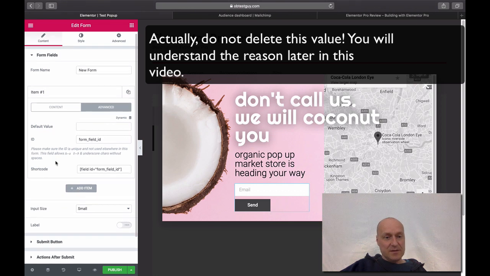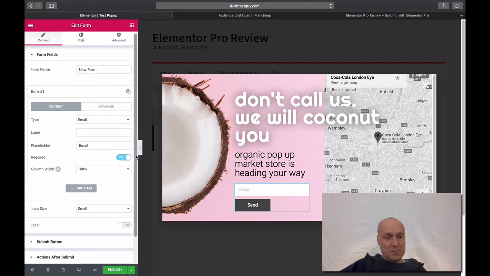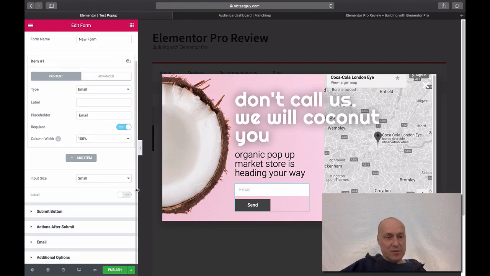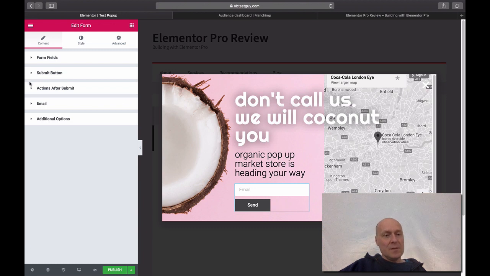Let's see if there is anything else here. Nope. So what else do you have here? You can set some settings related to the submit button, the text, the size, the alignment, all these other things. You can set an icon to that button if you want to. But what's very important here is that the actions after submit basically define what happens after your visitor submits this